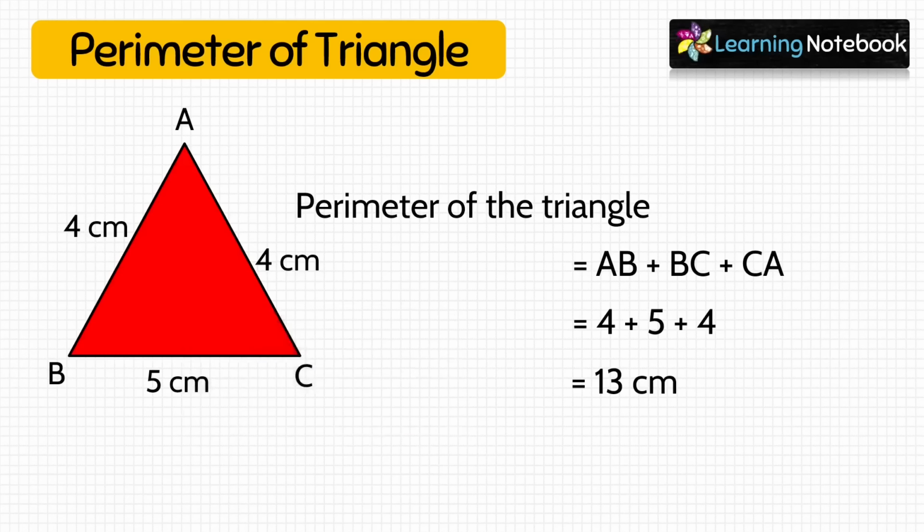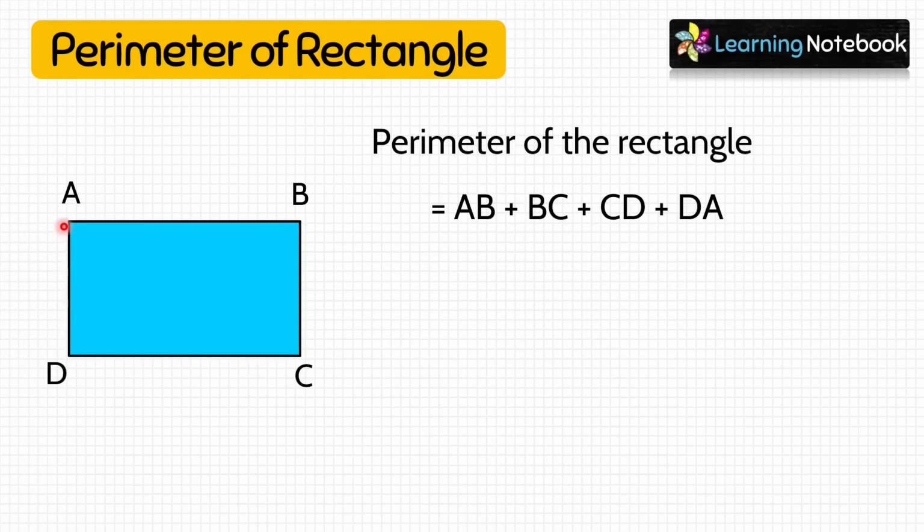So perimeter of the rectangle equals to sum of lengths of all sides of a rectangle, which are AB plus BC plus CD plus DA. Now students, we know in a rectangle, opposite sides are equal. So it means